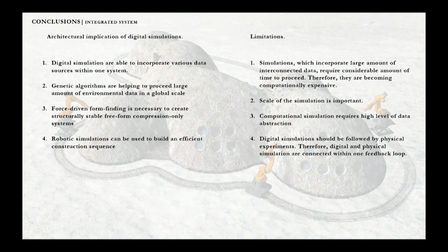As a conclusion, I can admit that architectural simulations helped us a lot to bring together these different data into one integrated system. And the genetic algorithm for us was helpful on a global scale. It was helpful to determine topological relationships within the settlement, whereas robotic simulations and force-driven form finding help us to understand the structural performance of one compound house. Therefore, this sequence from global to local, in our opinion, is necessary for efficient fabrication system design.